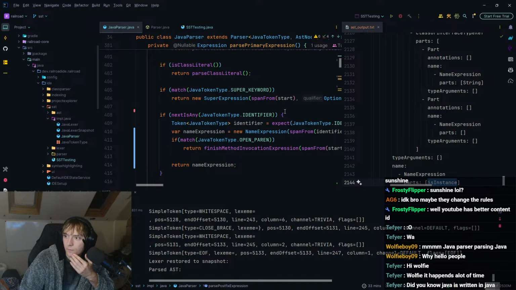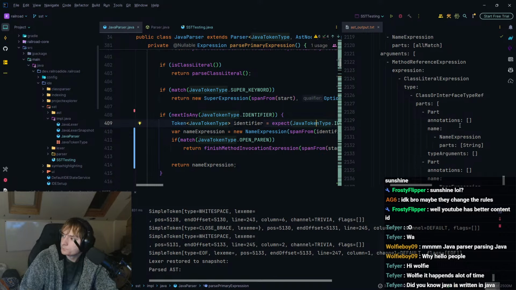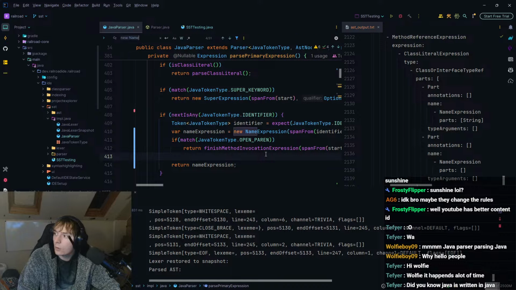So the next is identifier. Next is an identifier, and we take the identifier, we get the name expression. No, that's not right though. No, that's not where it's happening. It's happening because of